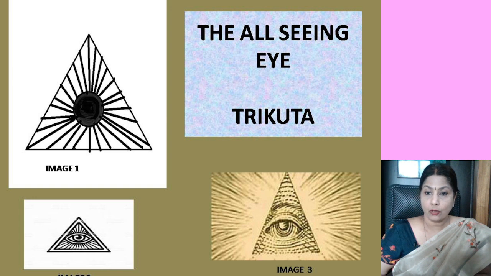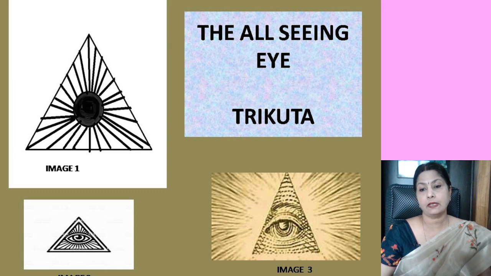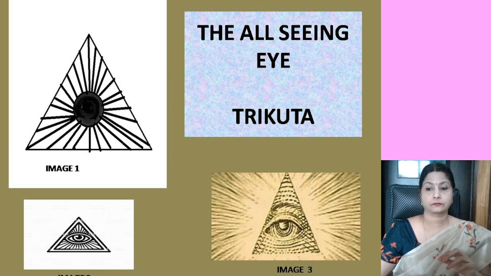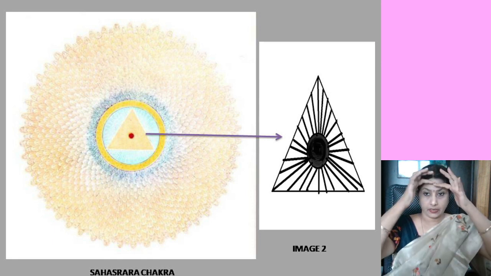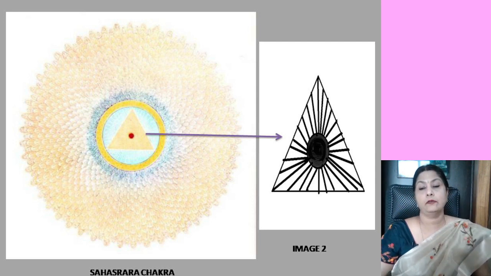Look at image 1 here. This is what I saw in my third eye. I drew this image, and I saw this about 3 to 4 years ago. It was a black and white image, and I saw this triangle with something like an eye inside it, or a point inside it. This image was surrounded by very beautiful, very pleasing white light in the background. This is the 1,000 petal Sahasrara Chakra, the seventh chakra, and generally it is believed that this chakra is on the top area of the head.